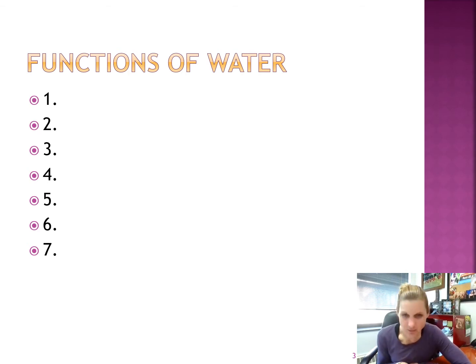Next we have helps remove waste products. Water will serve as the major component of two of our major wastes. Number one is sweat. When we sweat, we're losing fluids, and those fluids help us carry some of those waste products out of the body. Number two is urine. Many of those same components that we find in sweat are also found in urine, and we have to have fluid within the system that we can excrete in order to carry away some of those waste products out of the body. Number six, we have lubrication for our joints.